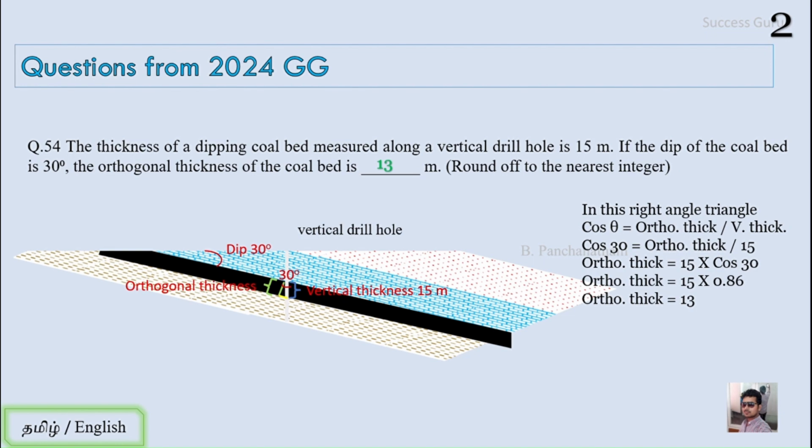Is that clear? If you have a doubt, mention it in the comment section and we'll try to clear it in an upcoming video. There are many questions just like this in our previous years' papers, say in 2023, 22, 21. Just try out all those questions. There will definitely be one question on thickness calculation, as I have seen from 2011 or 12. They will give the true thickness or vertical thickness, or both the true and vertical thickness, and we have to find the dip amount. So try those questions, and if you have any doubt,